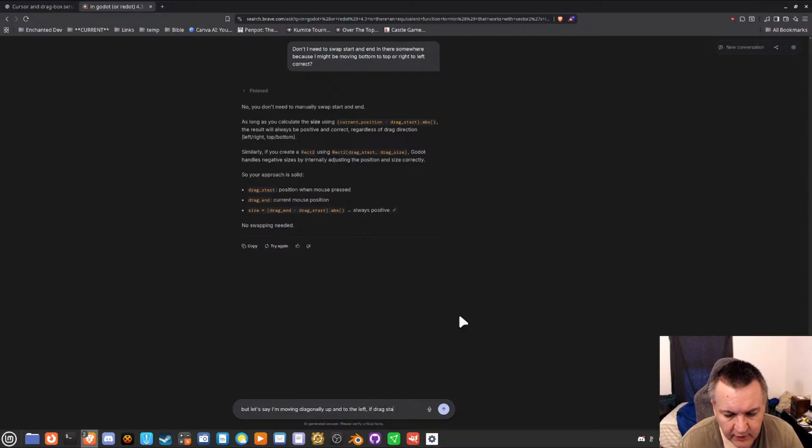If drag start is the same position, but I do the size, the size should always be toward the bottom left.